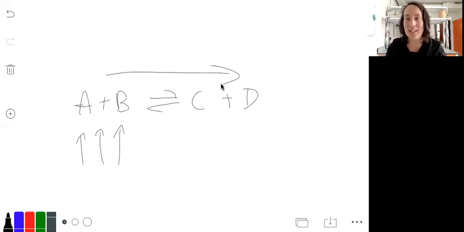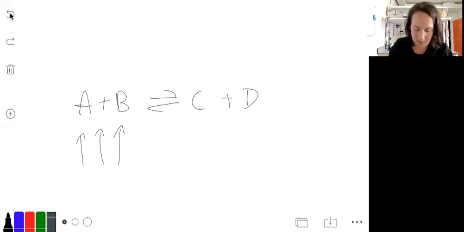So Q is actually going to be less than KEQ, so the forward reaction would be favored. So if you add reactants, that favors a forward reaction. Also, if you